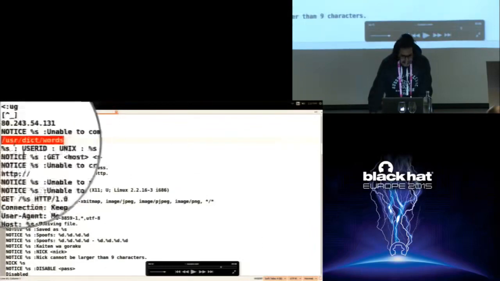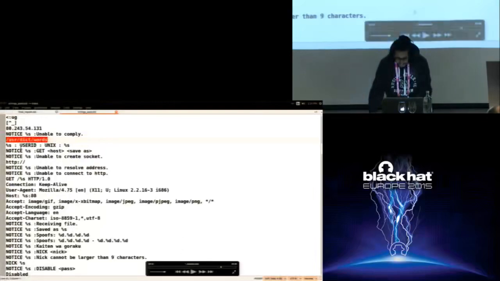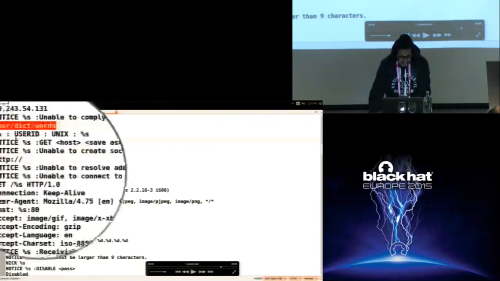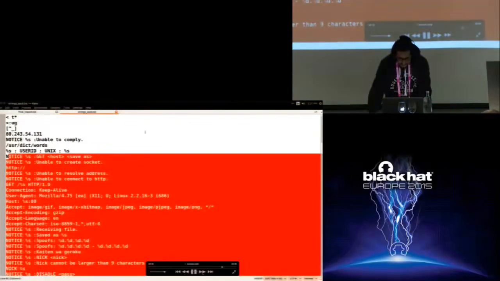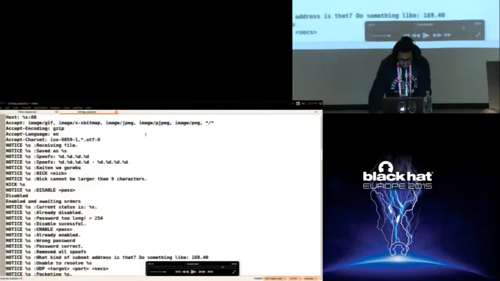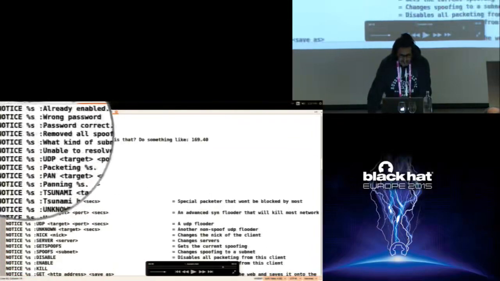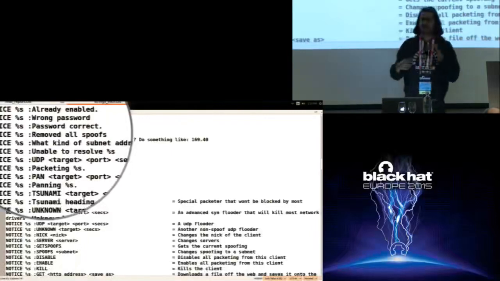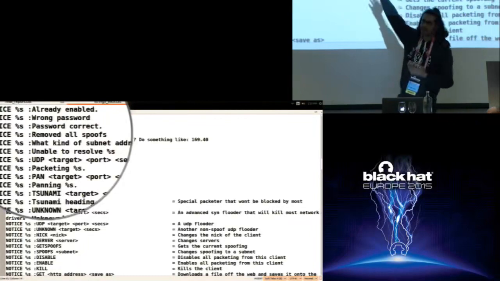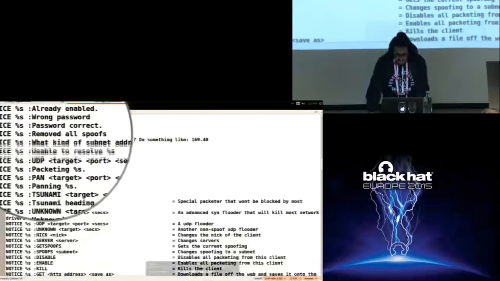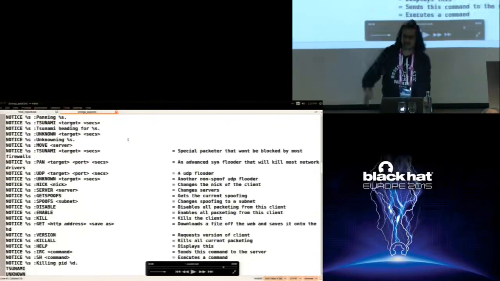And also, if you remember that dictionary file that it was trying to read, it has references to the dictionary file. And also you see that it has references to the IRC and the HTTP related commands that the malware takes. Also you see references to strings like wrong password, password correct. So if you remember, it was trying to read a dictionary file, and you see strings like wrong password, password correct, which confirms that probably the malware has some kind of password cracking capability.